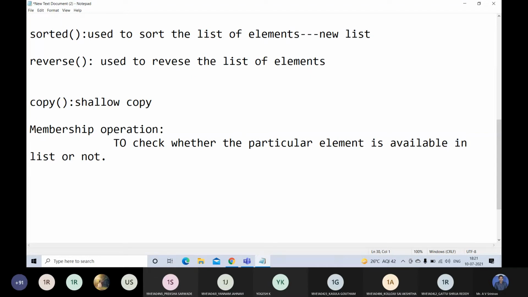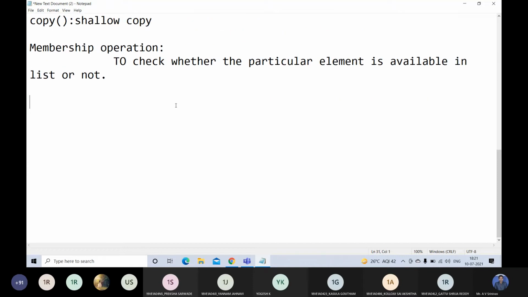For this membership operation, Python provides two operators. One is the in operator, the second is the not in operator. These two are called membership operators. They are used to check whether a particular element is available in the list or not.